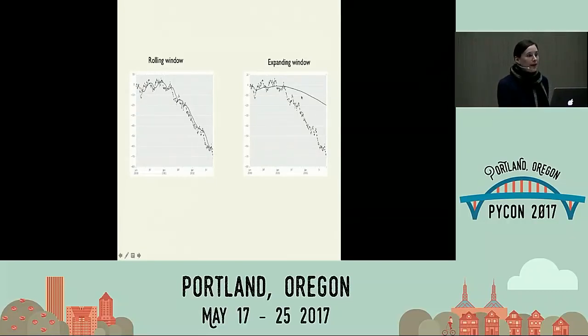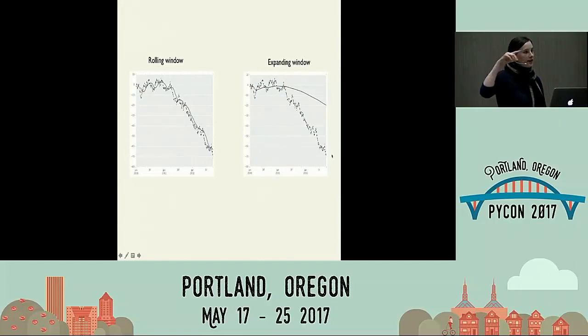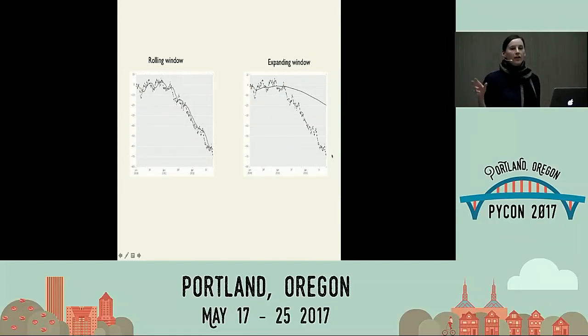On the other hand, you might have a process where you don't think it's moving around, or for some reason you have domain knowledge to believe that all information is relevant to now. There could be some data I have measured for a very long time, years or eons or nanoseconds, depending on your field, where you believe that the first measurement, even though it's more distant in time, is somehow still interesting to tell me what the measurement is now. So that's when you would use an expanding window. Does anyone use expanding windows in their work, or can you think of an application?